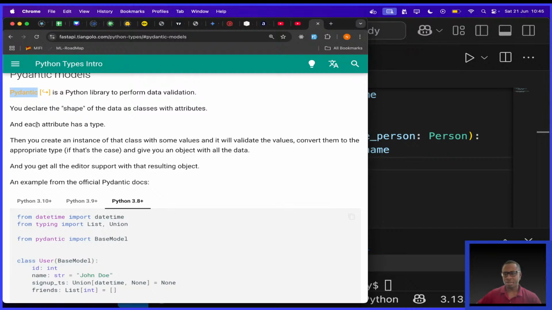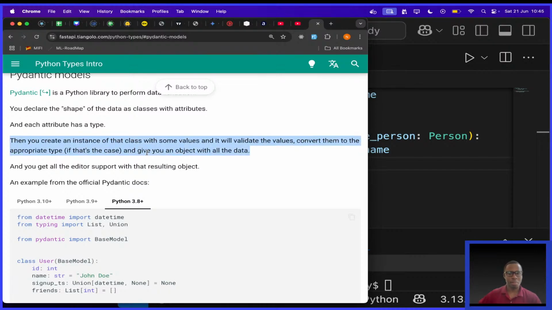Let's read. It says you declare the shape of the data as classes with attributes, and each attribute has a type. Then you create an instance of that class with some values, and it will validate the values, convert them to the appropriate type if that's the case, and give you an object. This is cool. Think about it.